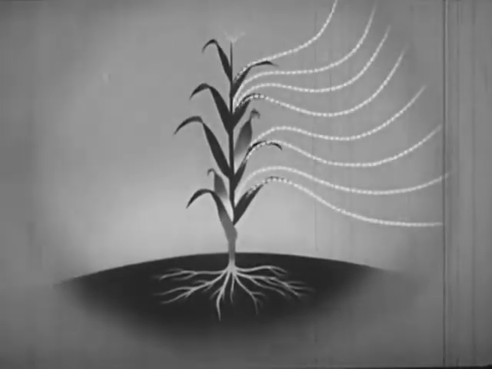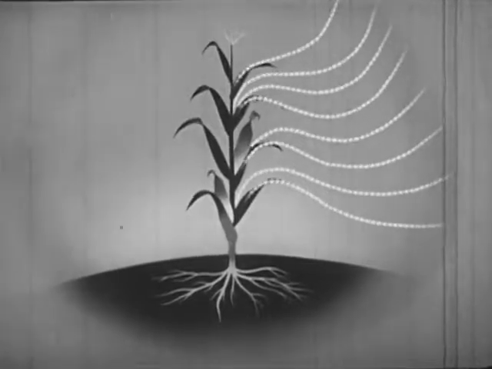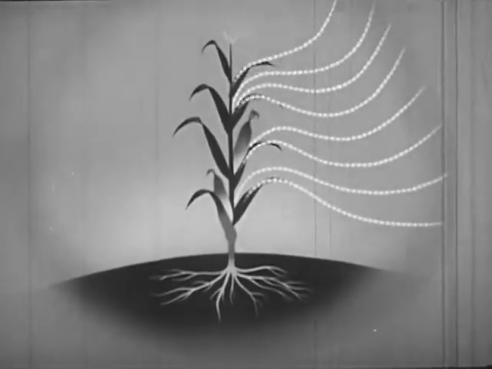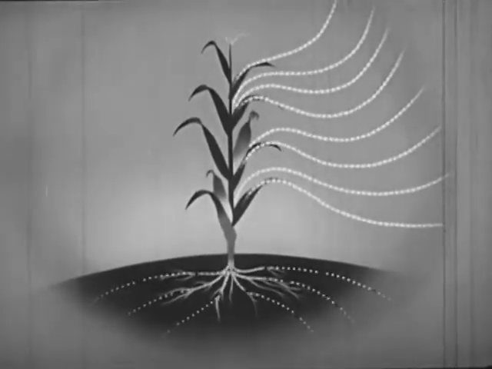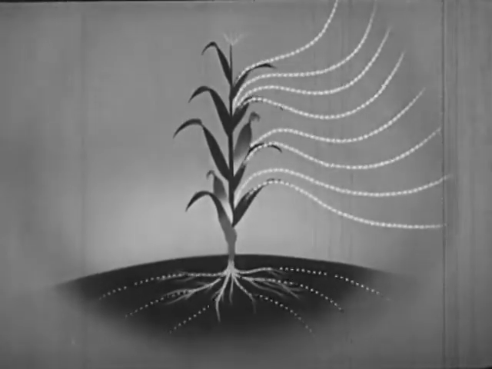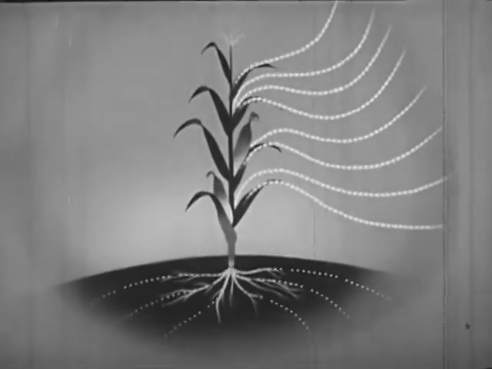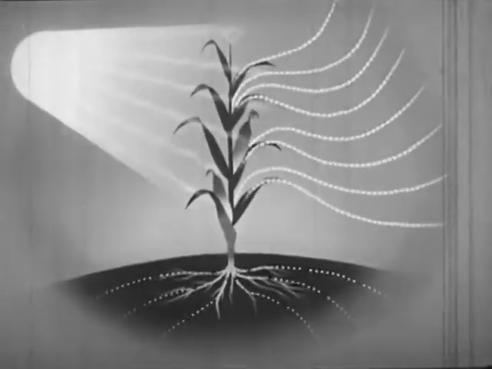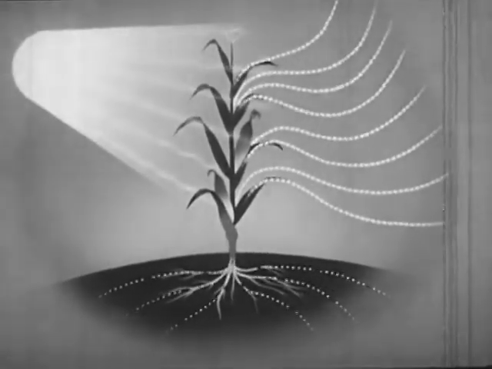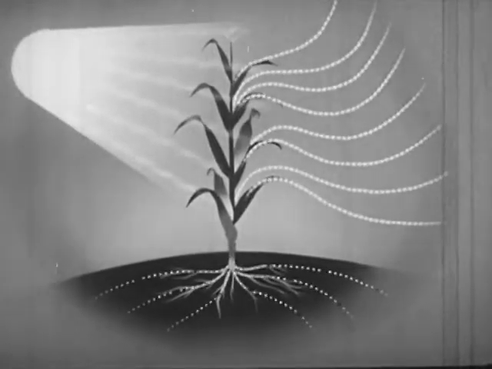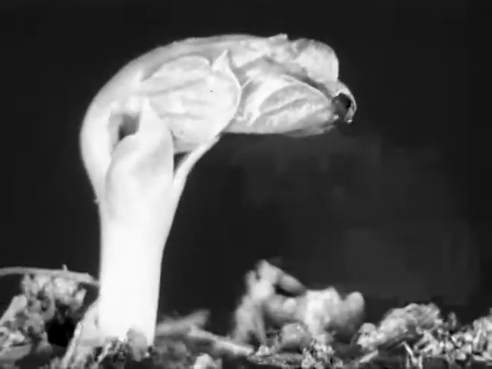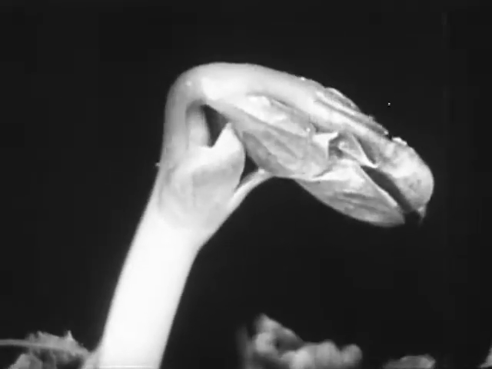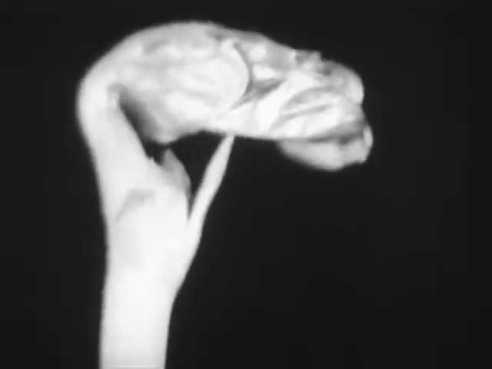Carbon dioxide gas enters the leaves from the air, and water reaches the leaves through the roots from the soil. These materials come together in the green cells of the plant. Rays of the sun and chlorophyll, a green substance inside the plant, change the water and carbon dioxide into sugars. This process is photosynthesis.